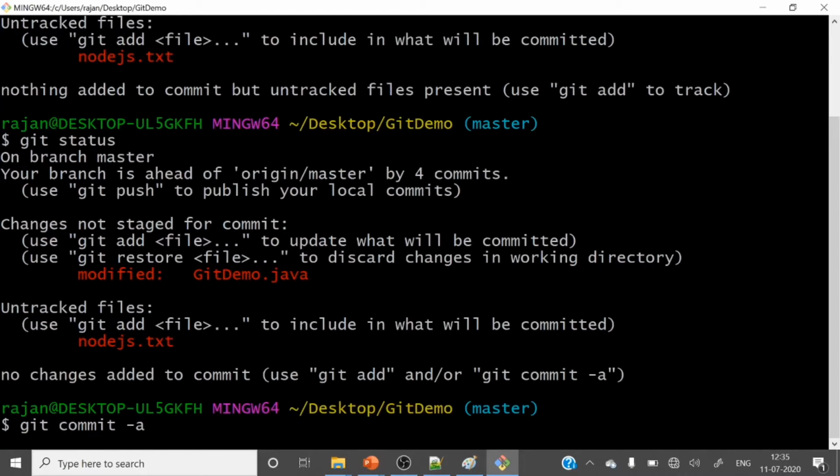Here you can see the modified file is GitDemo.java. Only this one will be committed directly. You don't need to add GitDemo.java to the staging area. But node.js.txt will not come under this. It commits only modified files that are already synced with the git local repo. So let's hit git commit -a.